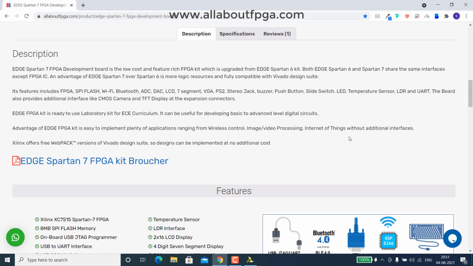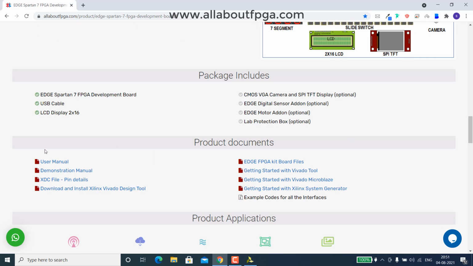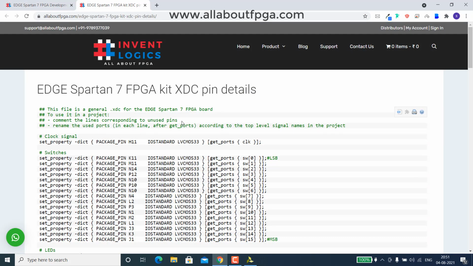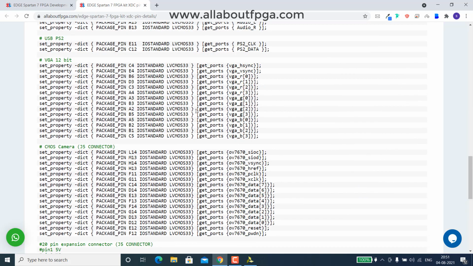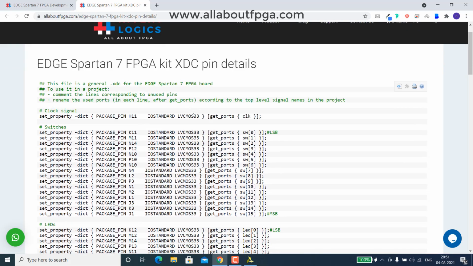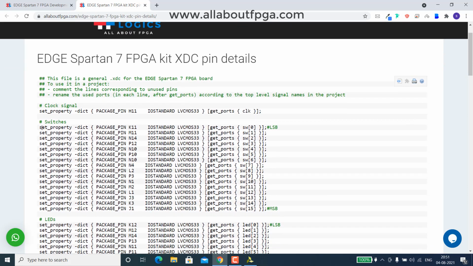There, under product documents, you go to XDC file or pin details. Within that you have the XDC file for Spartan 7. The complete information is there. You can copy the required XDC file.